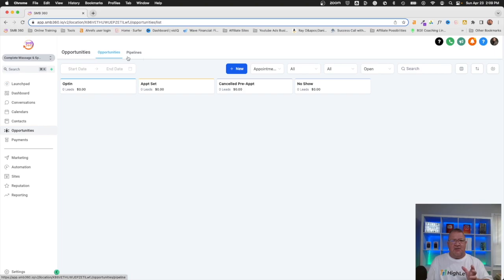So when you go to opportunities, this is where your salespeople are going to be spending most of their time, because this is the visual representation of your different steps. As you see, you have the steps across the top, how many leads are in that step, and what value you have in each particular stage or step,